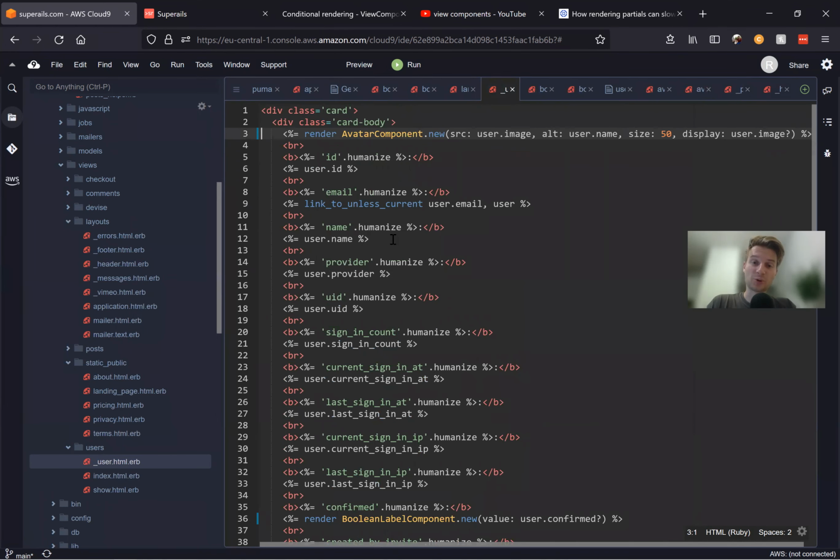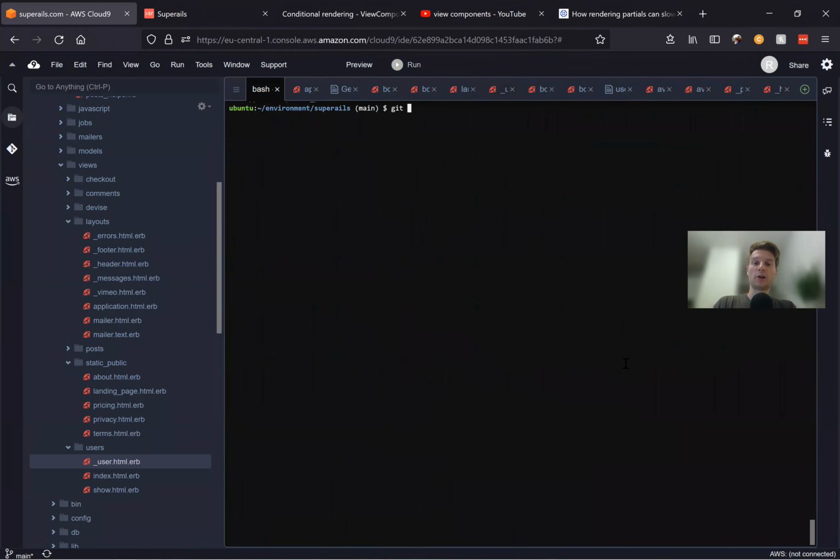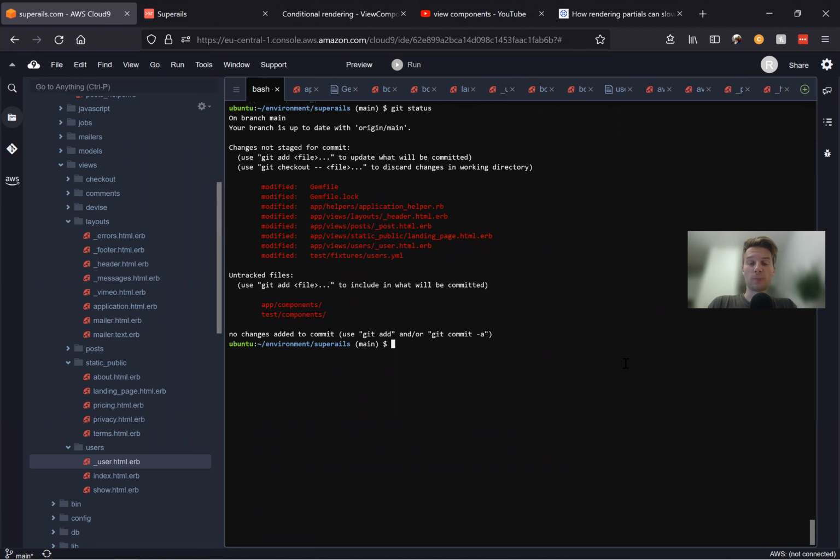This can be quite an interesting challenge. Let's try to do this. So I'll just create a new component, Rails generate component, and we'll just name it user or user view or whatever. So we'll just have the user component,